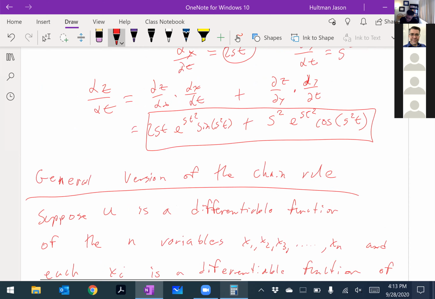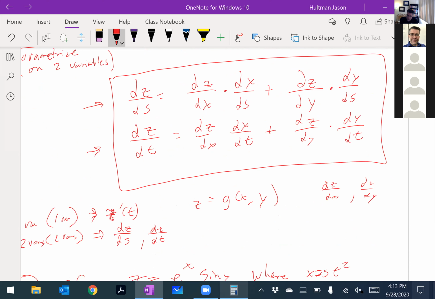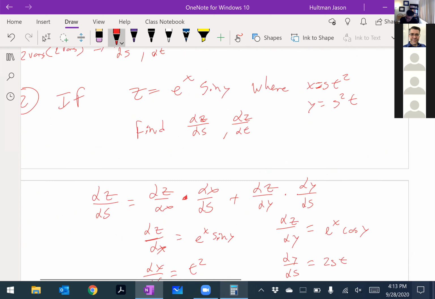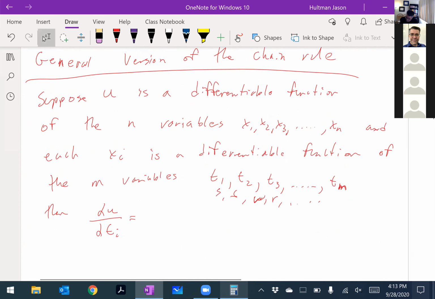Because again, go back to this one, where we said partial of z with respect to s, that's the first variable. Partial of z with respect to t, second variable. Partial of z with respect to and so on. Okay, partial of u. u has a bunch of variables. So this is going to be the partial of u with respect to x1, and the partial of x1 with respect to